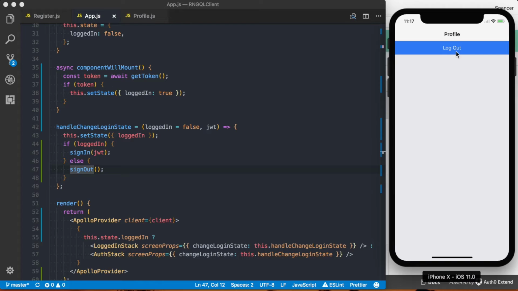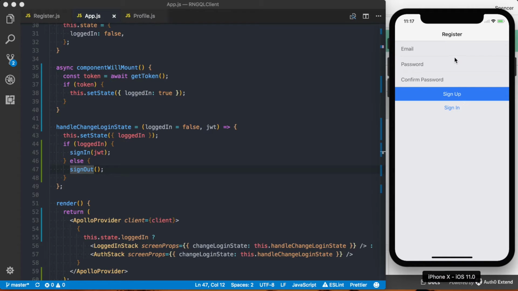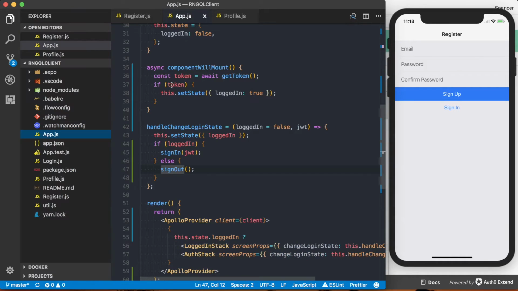So all you need to do, press log out. It's going to bring us to our register screen. If I try to refresh it, we are logged out and we no longer go to the profile until we register or log in. Alright, with those things completed, next thing we want to do is actually set up our